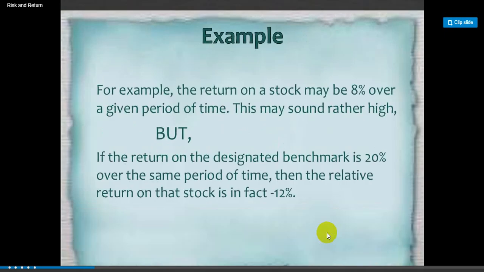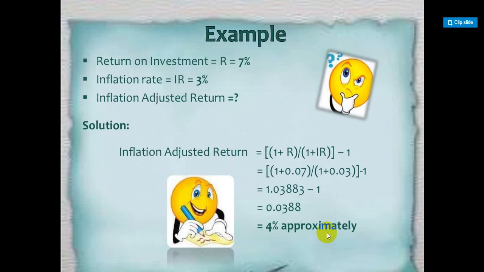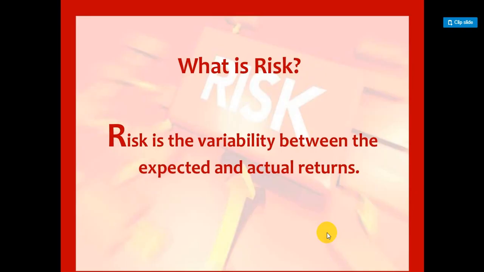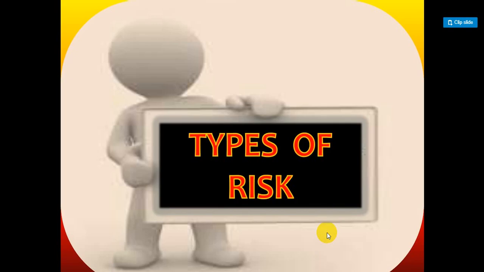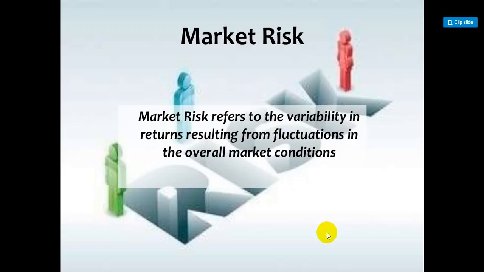So now when you talk about risk, it is the variability. I may expect some 80% return from my investment. I may end up getting 60% return. So it is nothing but 20% less I got from what I have expected. So risk is nothing but the variability of getting the difference as such. These are the different types of risk we have already discussed.